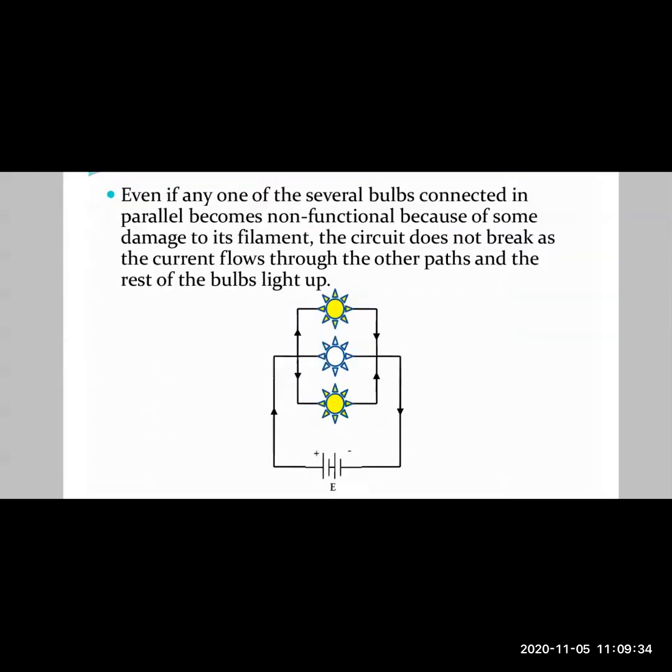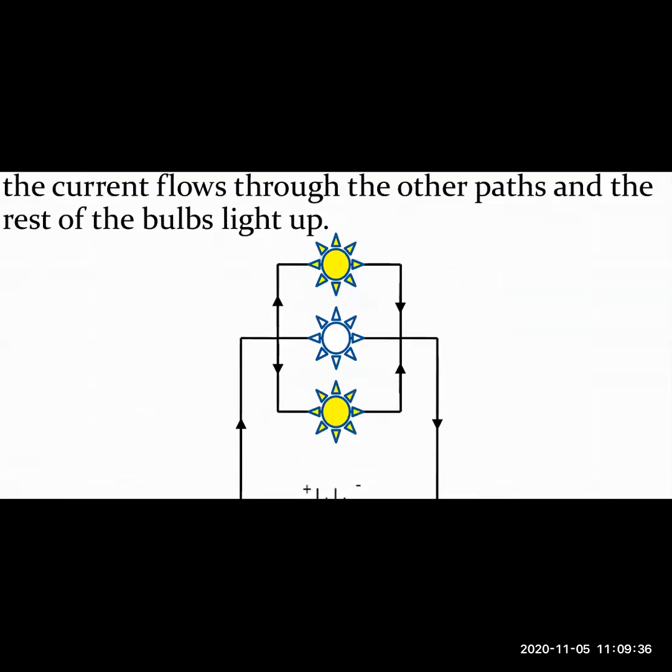Now, if you can observe this diagram here, there are those 3 bulbs which we have used in our circuit. Now let us say that the bulb in the middle has become faulty. Say its filament has broken down. So if its filament is broken, the current will not be able to flow through the bulb in the middle, right? So instead, what will happen? The current has alternate paths. That means the current will flow through the top bulb as well as the bottom bulb, and these bulbs will continue glowing, right? Only the part of the circuit connected in parallel which is faulty will be switched off automatically.